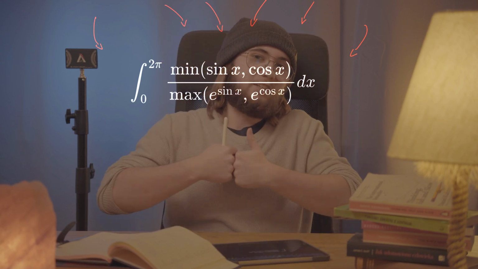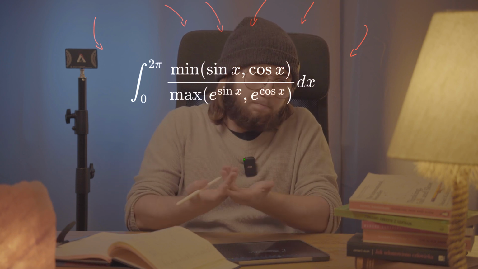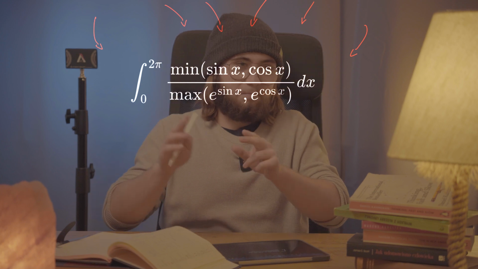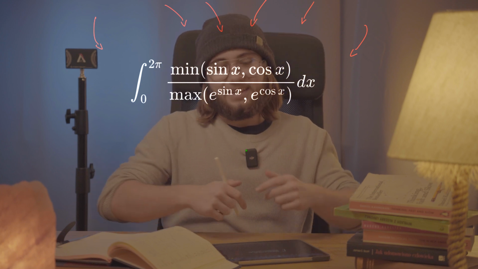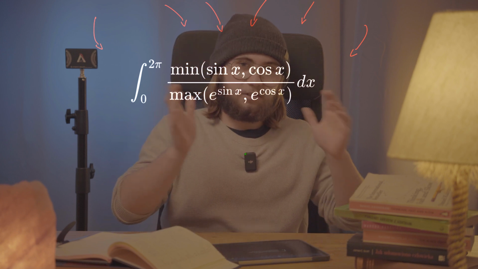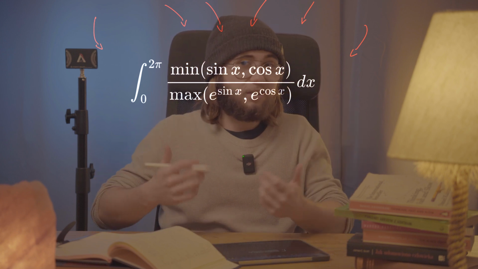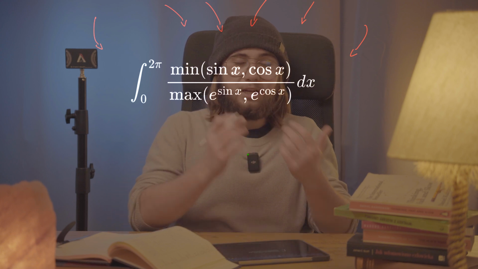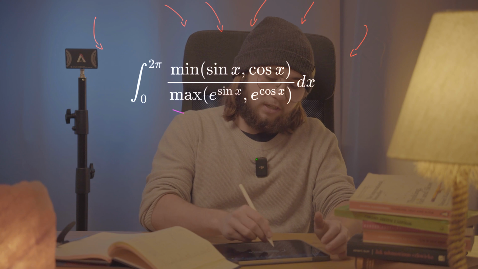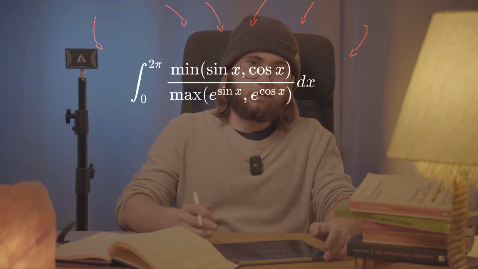It just spits out the greater value of the two values it was given. So if sine of x is smaller than cosine of x on that interval I just talked about, then, as e is greater than 1 and e to the greater power is greater than e to the smaller power, this function here is going to spit out e to the cosine,